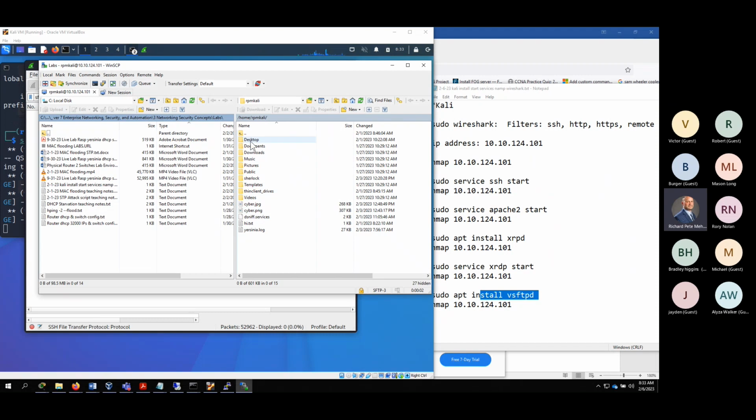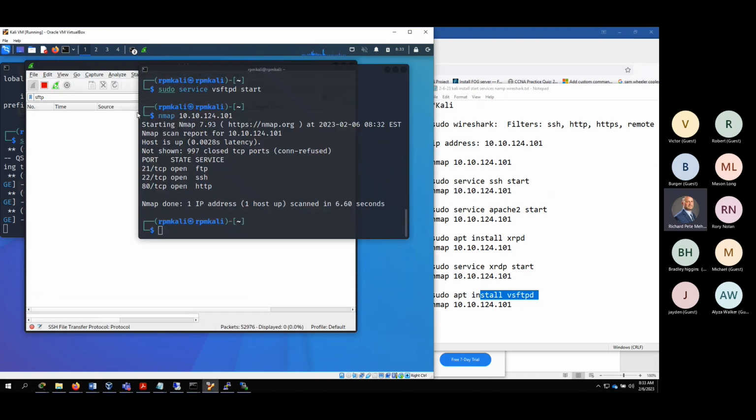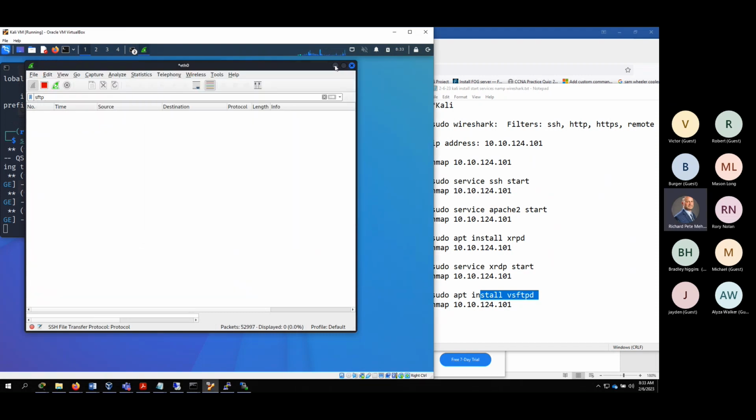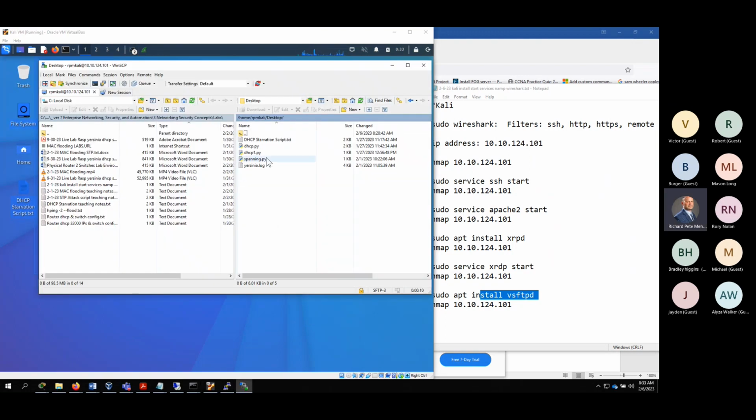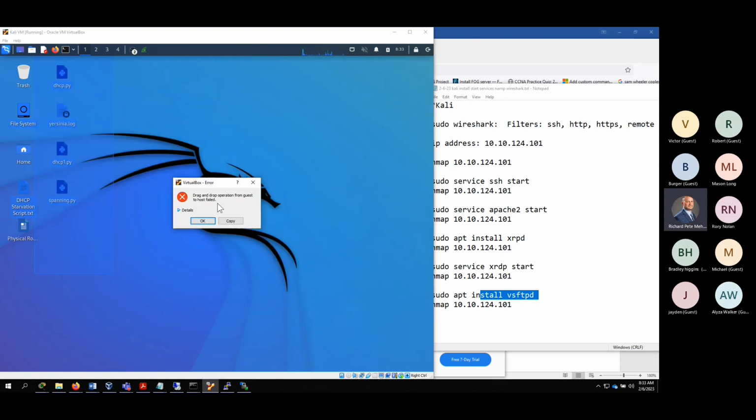So I'm in. Once again, I go to desktop. And if you look on the desktop of your Kali box, you should be able to see whatever's here. You're also seeing it here. So let's just say I want to send this over to the Pi. And if we're seeing Wireshark here,